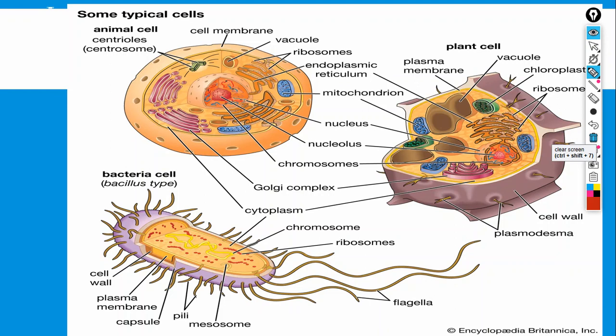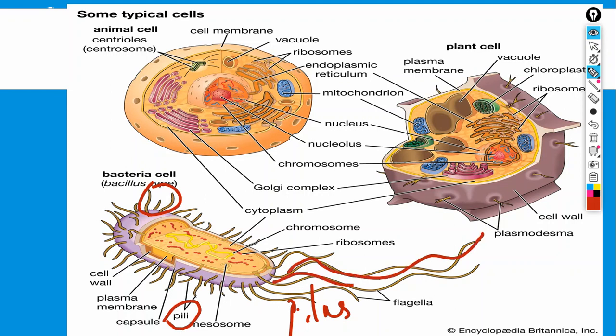But I want you to now see a very big difference between these guys and these guys. See, they have these structures called pili. One is called pilus, many are called pili. That is these pili, these projections. They assist in movement and also cell-to-cell communication, response to stimulus. While it also has flagellum. Now, it is also possible for animal cells to have flagella, but mostly, you see, bacterial cells do always have flagella.